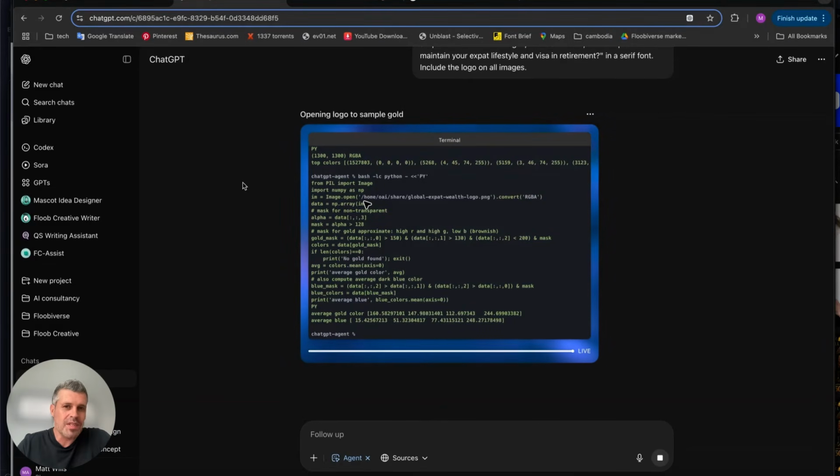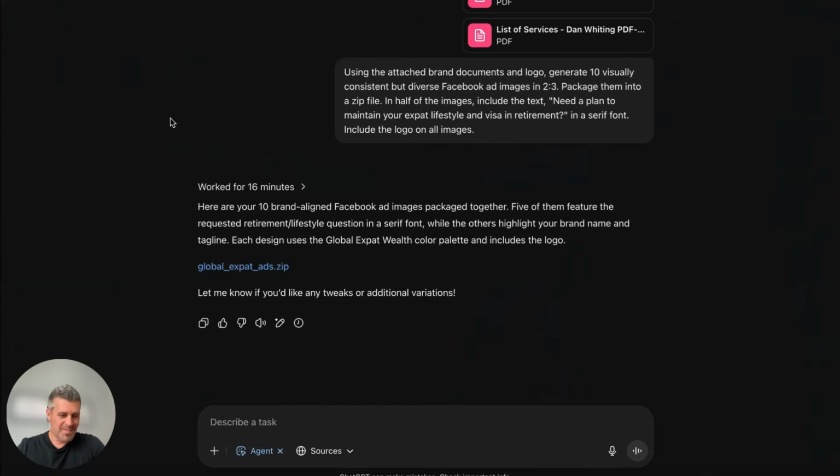So this could take a while. It might take 20 minutes. It might take 40 minutes. I don't know. I'm just going to let it run for now, and I'll come back to you with the results. Okay, it's finished making its images. I've got to be honest with you, I do not have high hopes here because so far in my experience, ChatGPT agent has sucked. But let's download this file